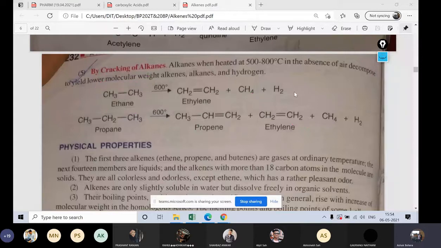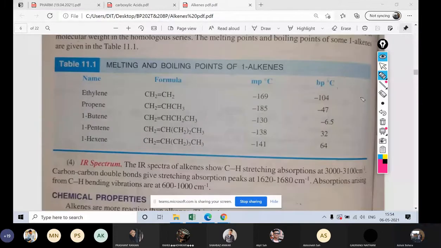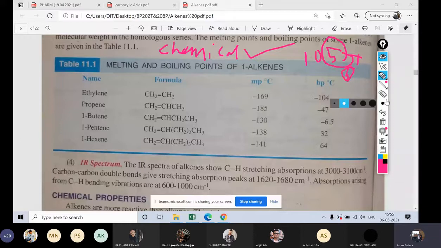Next is the physical property. It's easy. So in the exam, know whether I have asked you the chemical properties or physical properties. But most of the time you see that chemical properties have been asked and you are writing the physical properties. Why, I don't know. That student will not get marks. If I have given a 10 mark question, 5 marks for preparation, 5 marks for chemical property, so hardly you can get only 5 marks. Maximum 5 marks you are going to get, not 0, for writing physical property. So think in that way. What the examiner has asked, please have a look at that and answer in your copy.